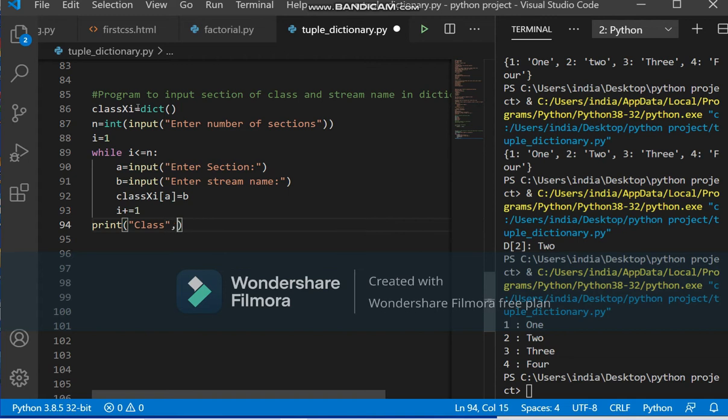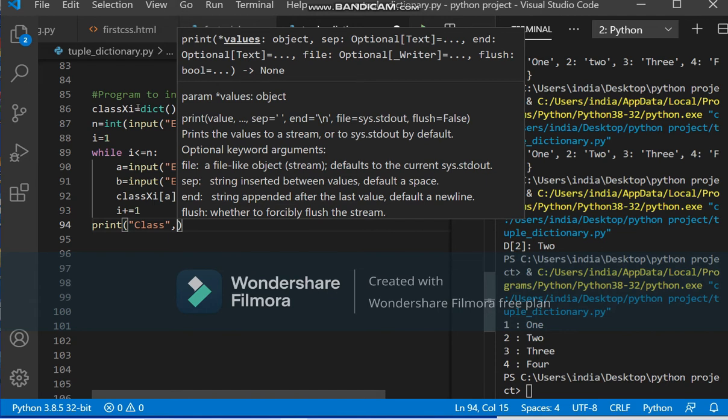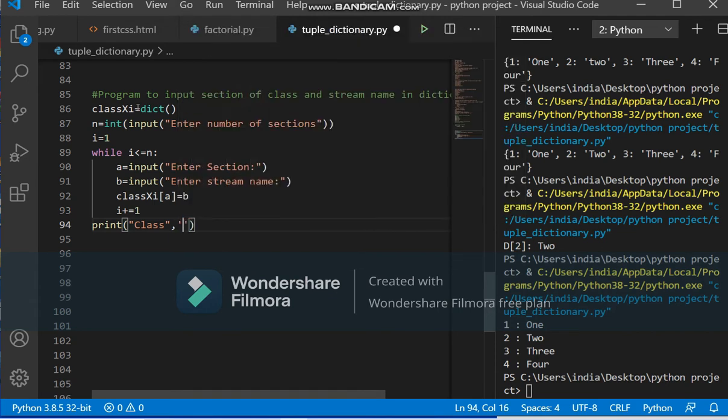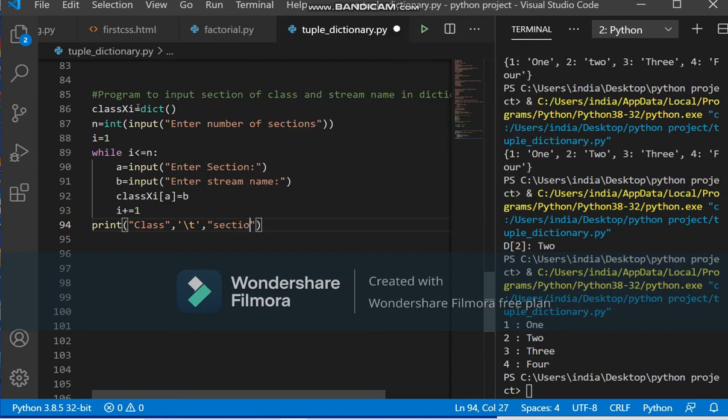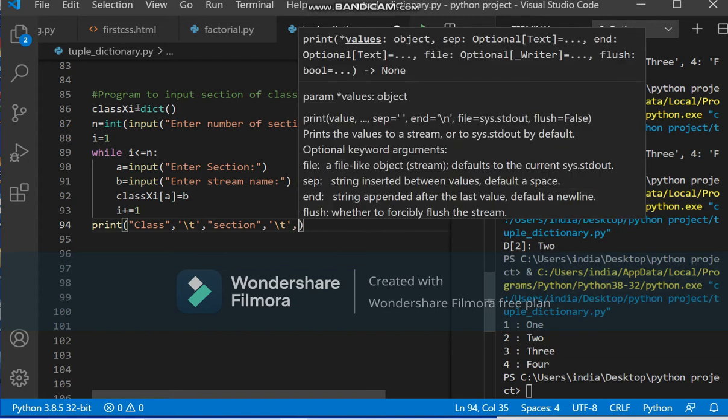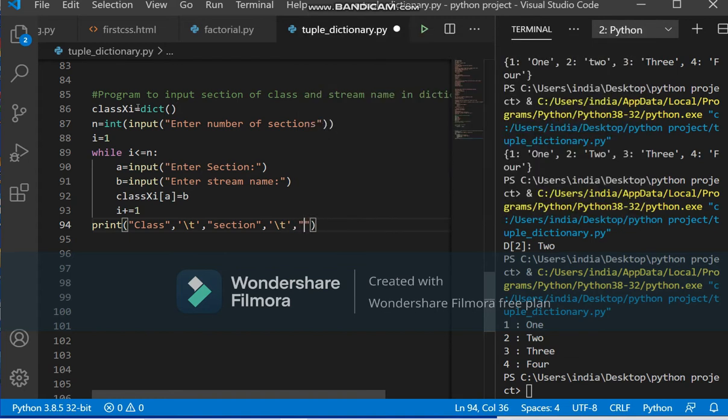Or if you want to print it properly in a format, you can do that also. So let's try that. Print class, little space, section, then again a tab space, and what else we have here?